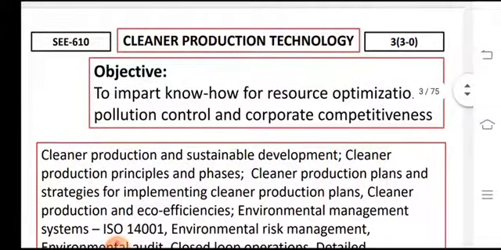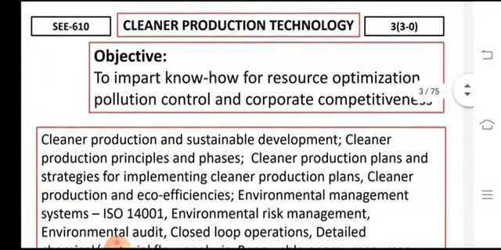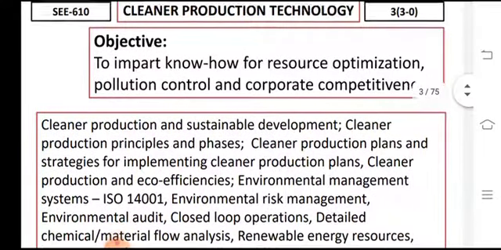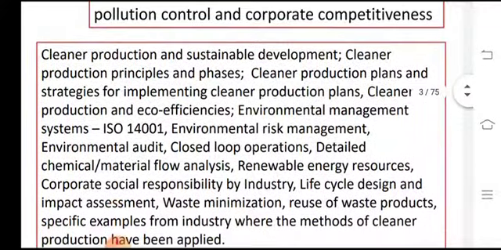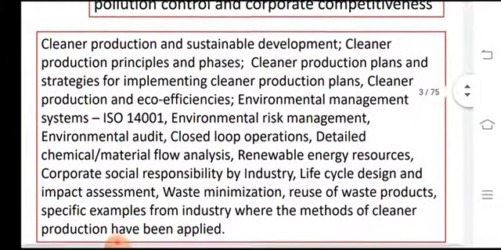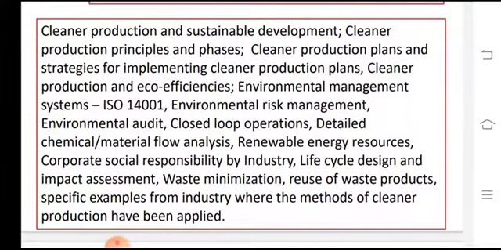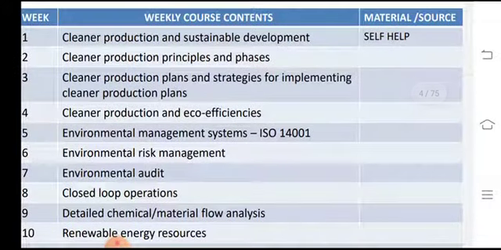So this is the objective: to impart know-how for resource optimization, pollution control, and corporate competitiveness. And then this is our main course contents. These course contents are distributed on a weekly basis. Here you can see them, and the main focus is on sustainable development, and then we have principles and phases, how it is going to be implemented,